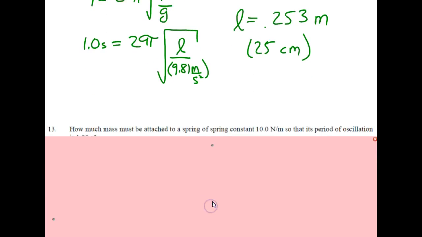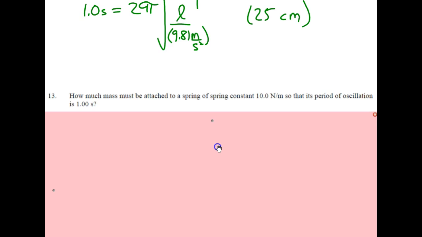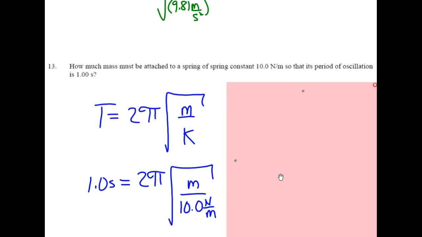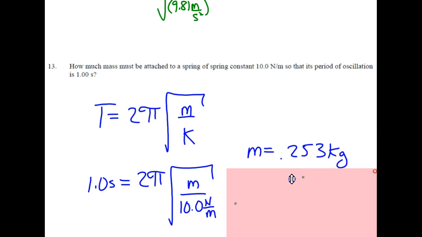Number 13, how much mass must be attached to a spring of spring constant 10 newtons per meter so that its period of oscillation is 1 second? Similarly, as the last question here, we're going to go with our period formula for the mass on an oscillating spring. T equals 2 pi square root of m over k. Our period is desired to be 1 second, 1 equals 2 pi square root of m over 10.0 newtons per meter. Again, we would divide both sides by 2 pi. We would square both sides to get rid of the square root. And then we would multiply that by 10. And we should get a mass value of